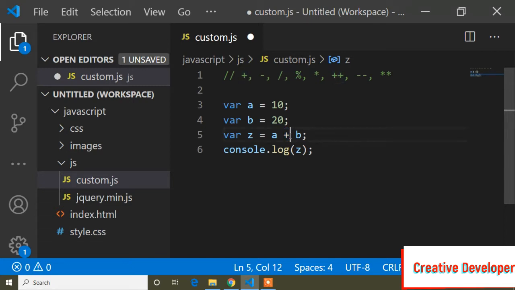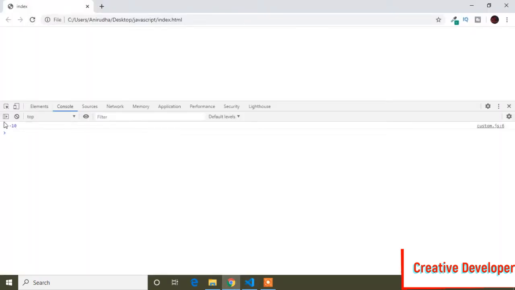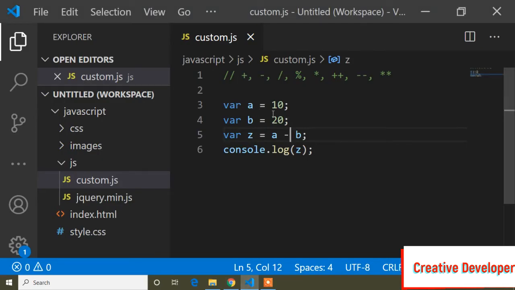So guys, it's so easy. In the same way I can write minus, and let's see the output first of all. You can see minus 10, because 10 minus 20 returns the value minus 10. So now I can say the minus is also arithmetic, because it's also performing with two numbers, 10 and 20.